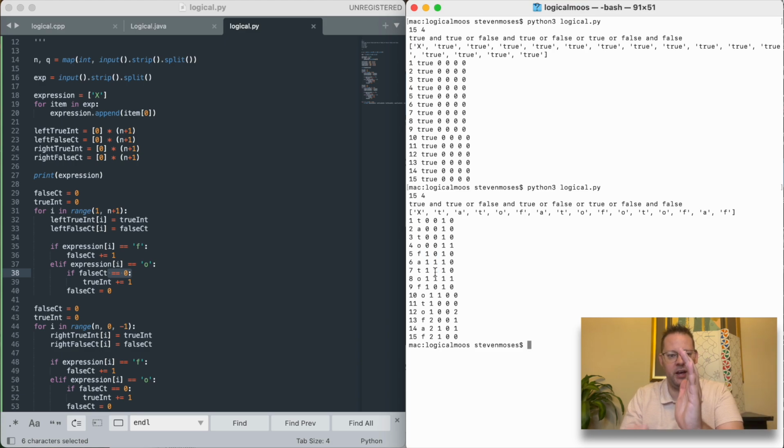If I have false and anything, I can't turn the expression true because I can't do anything about the false. Or, and we set our false count back to 0, but notice our true counter is still 1 because there still is an all true interval to the left of this. True. Or, here's the second expression where I have no falses, which is going to bring my expression count up